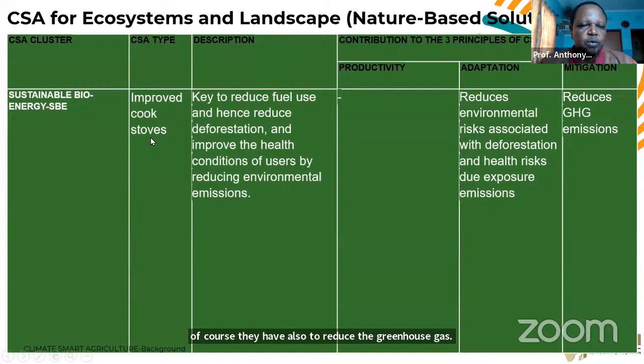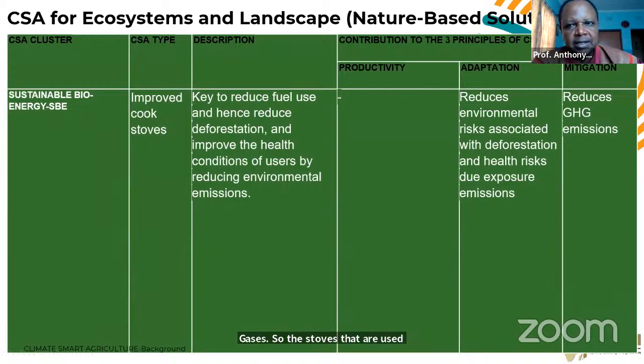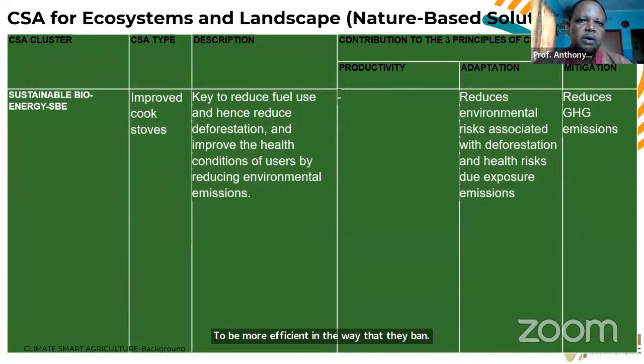So the stoves that are used, especially here in Kenya, I think I've seen them also in Asia, they tend to be more efficient in the way that they burn the fossil fuel. It might be coal or it can be charcoal. And so you use the energy emitted much more efficiently, meaning that you don't have to go back and get your trees and cut and again burn it. So it reduces deforestation. And of course, when it emits less of the carbon monoxide, carbon dioxide, and also nitrogen oxide,